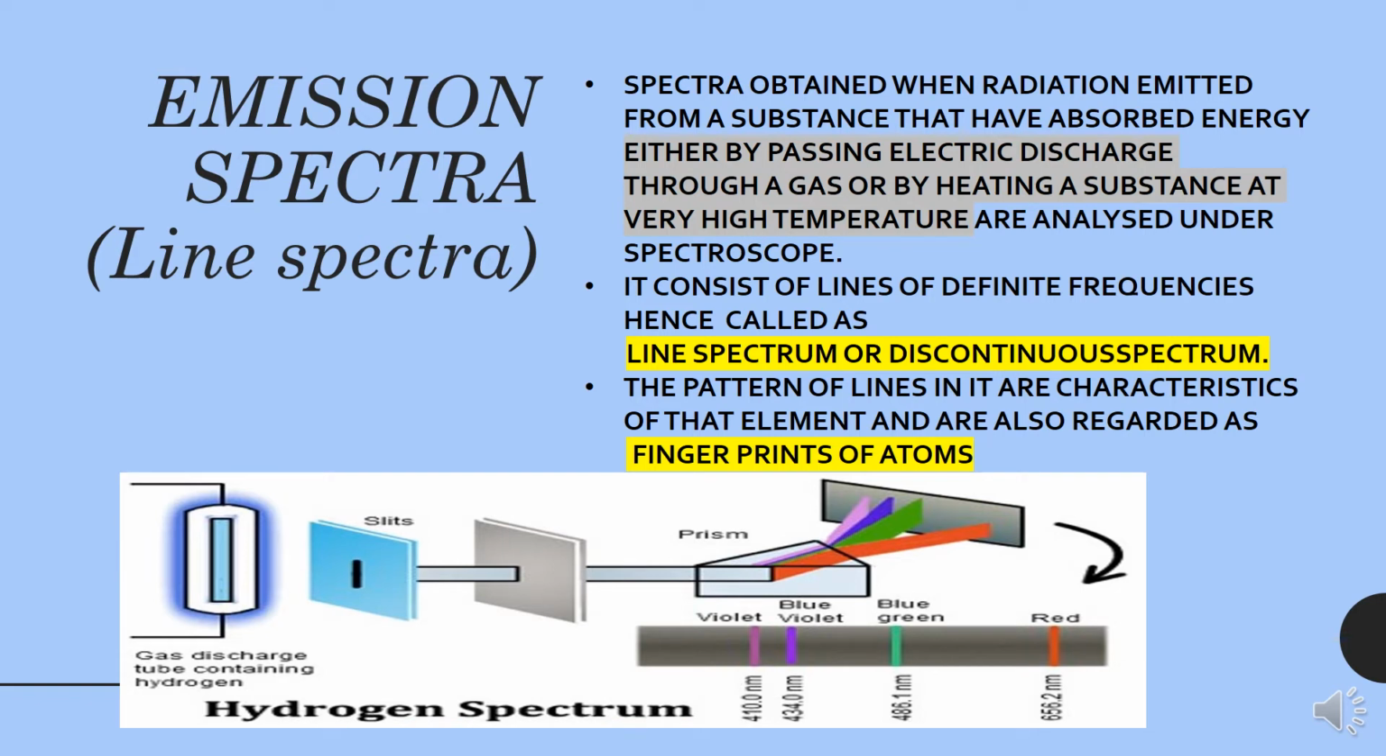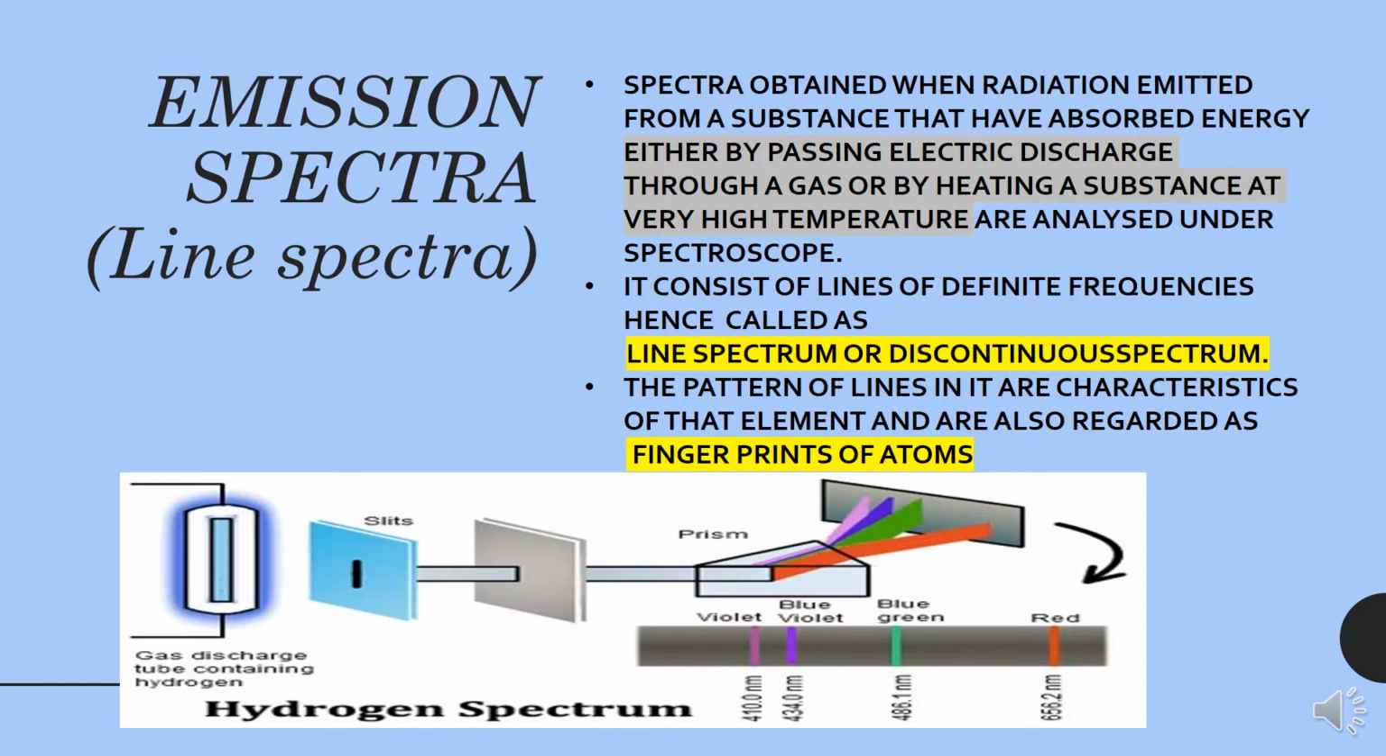As the word emission means, when light or a specific radiation is emitted from a kind of matter, and when it is analyzed under a spectroscope, then the kind of spectrum obtained is called emission spectrum. Now, when a particular sample of matter emits radiation,